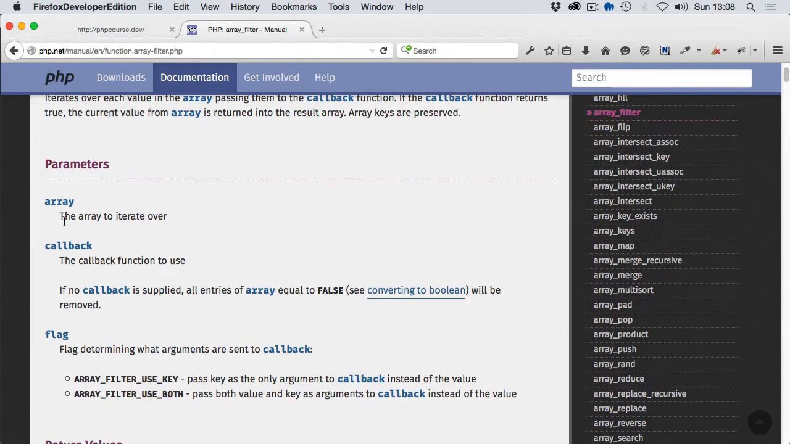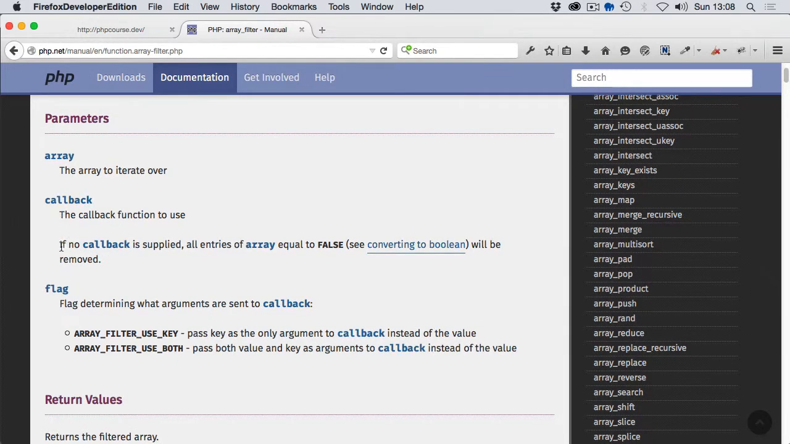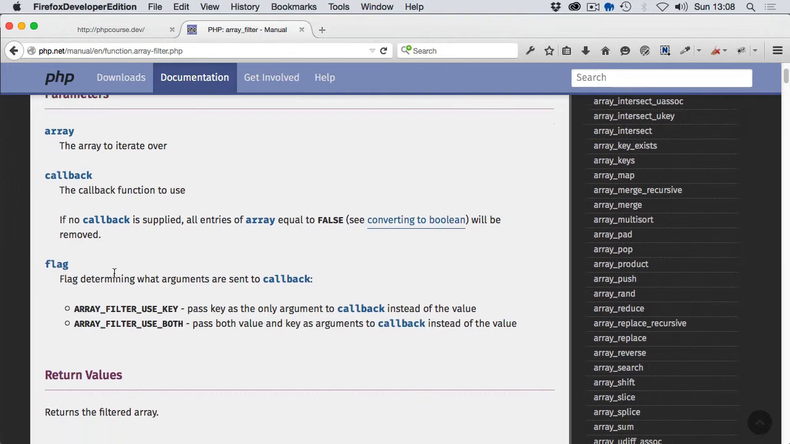So then parameters. Array, obviously the array which we want to iterate over. Then we have this callback, optional callback function. If no callback is supplied, because it's optional obviously, all entries of array equal to false will be removed. And we know roughly what data type casts to what boolean, false or true. And then we have a flag